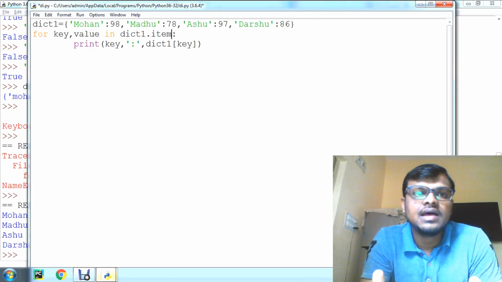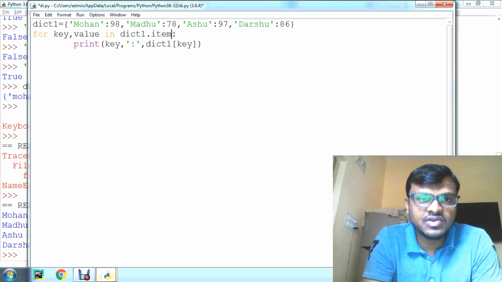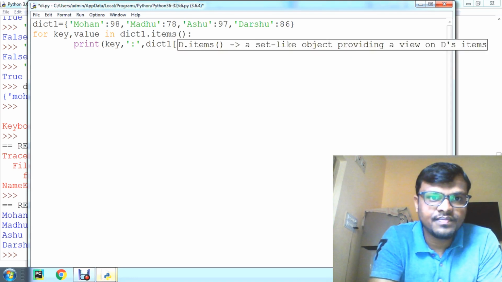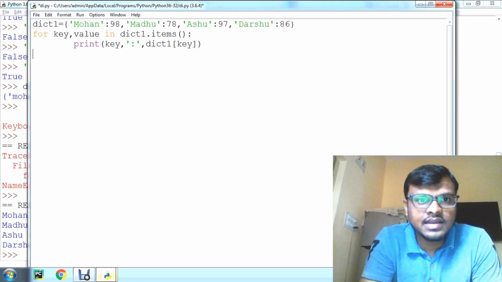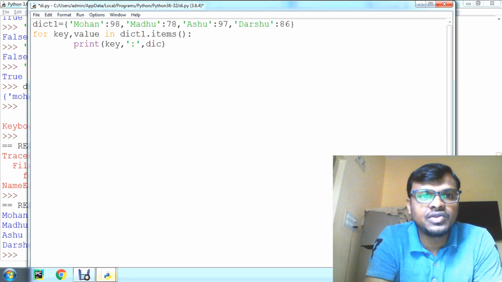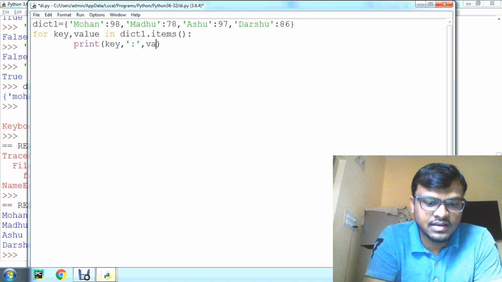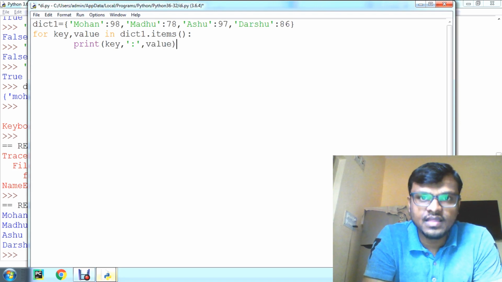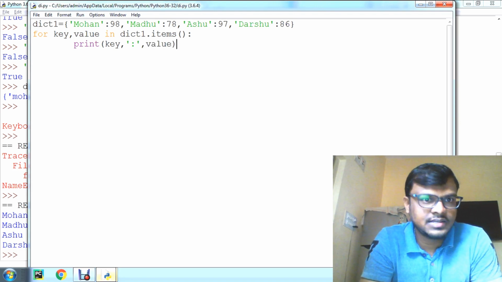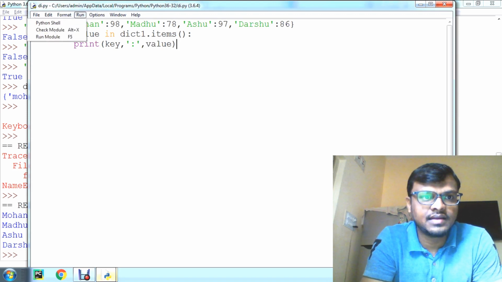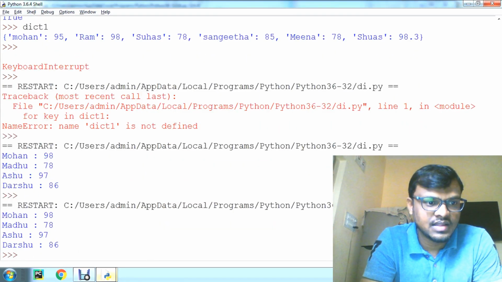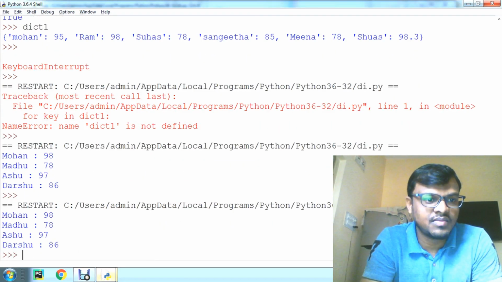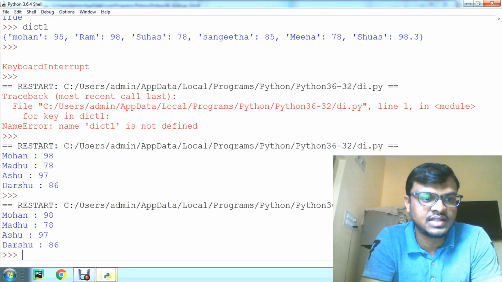This is a built-in function I am using, items. After that print, here instead of dict1 of key I am going to use value directly. Now save this and run. So this also produces the same output as previous. You can observe Mohan, Madhu, Ashu and Darshu, along with values.